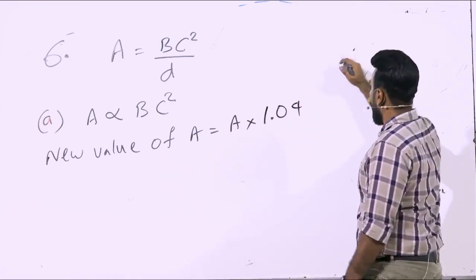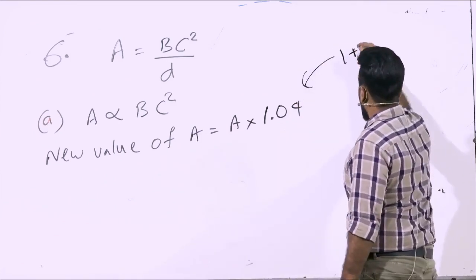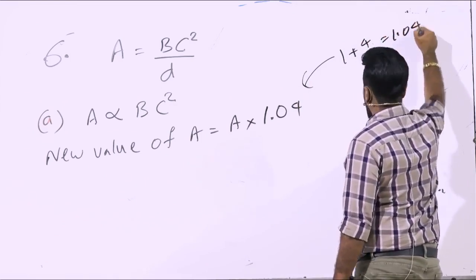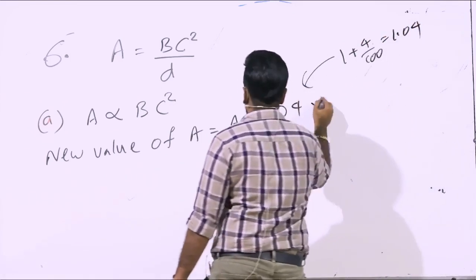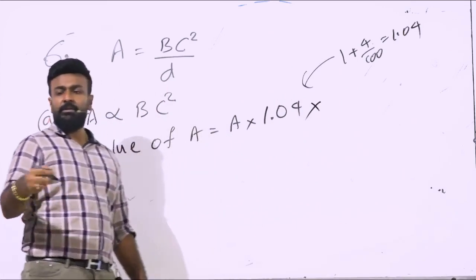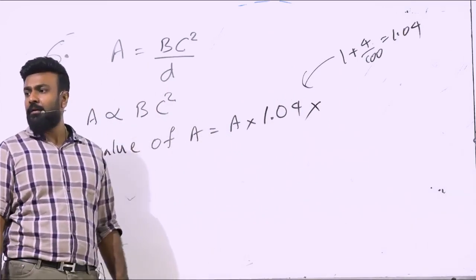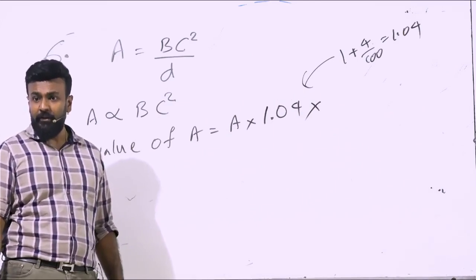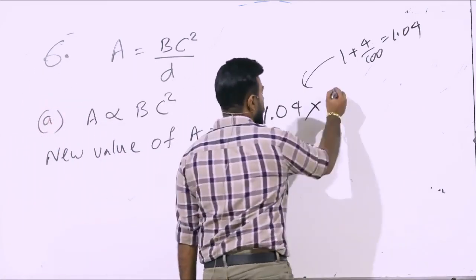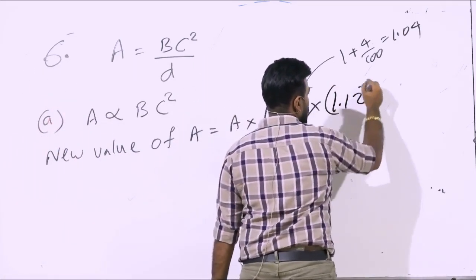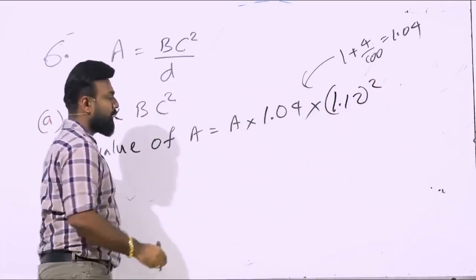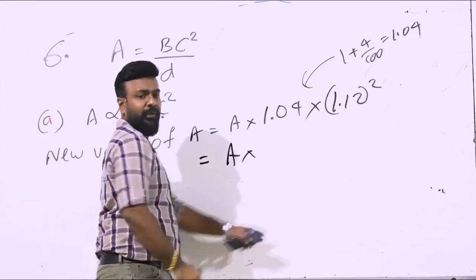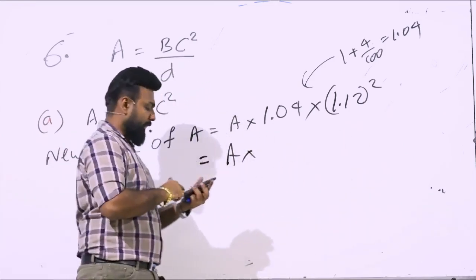How did you get it? 1 plus 4 over 100 is 1.04, into C. C increased by 12%, so it is 1.12 square. Can you understand? So we get here